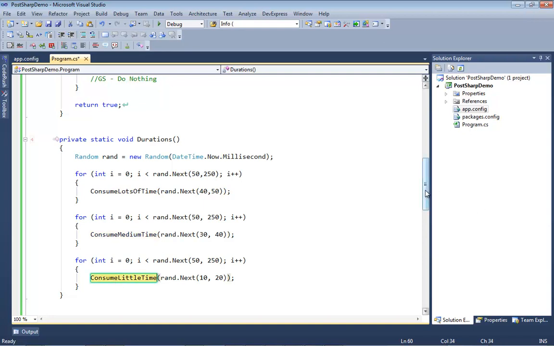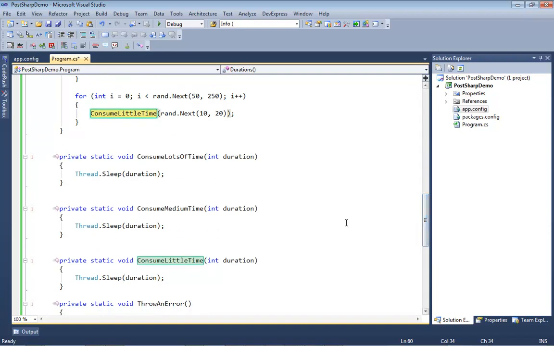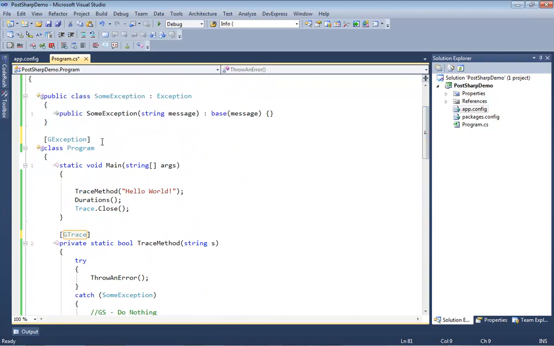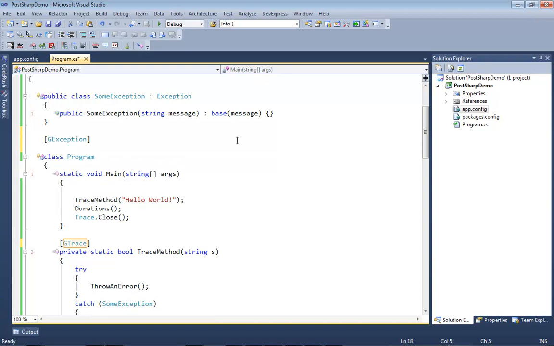Now what I could do is add the GTimer attribute to each of these methods in turn. However, I'm far too lazy to do that, to be honest, and there's a quicker way of doing it. If we go back to the class level, and again take advantage of the attribute multicasting functionality, we can add it at the class level. Now of course we don't want all of the methods inside this class to be timed, so what we can do is add the GTimer